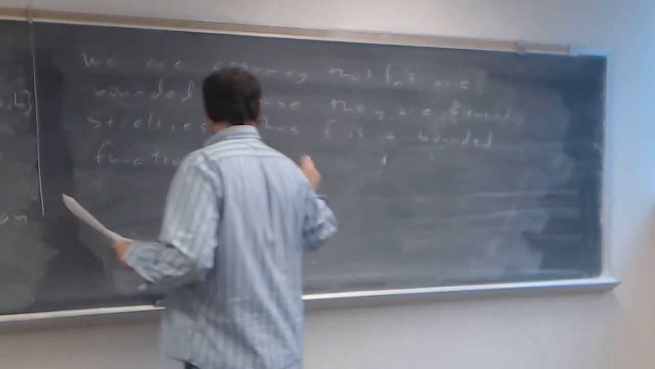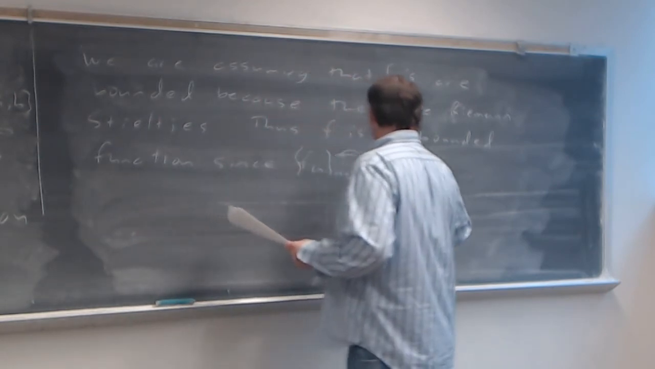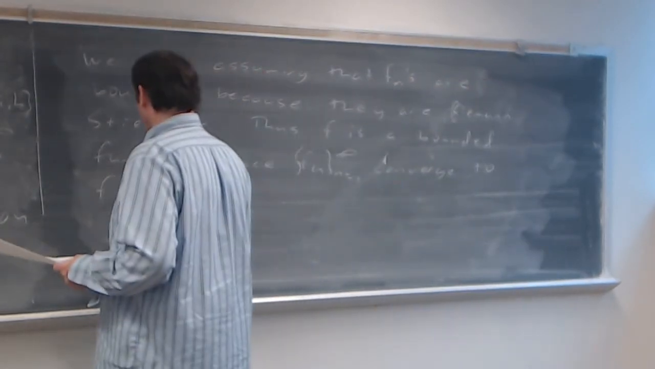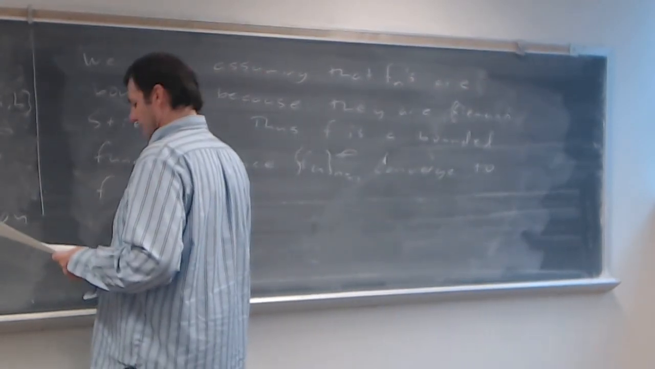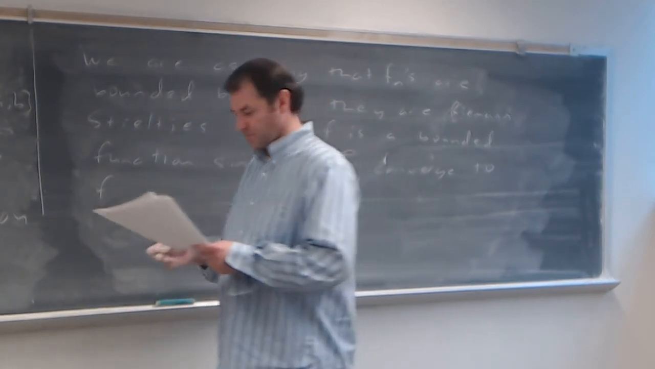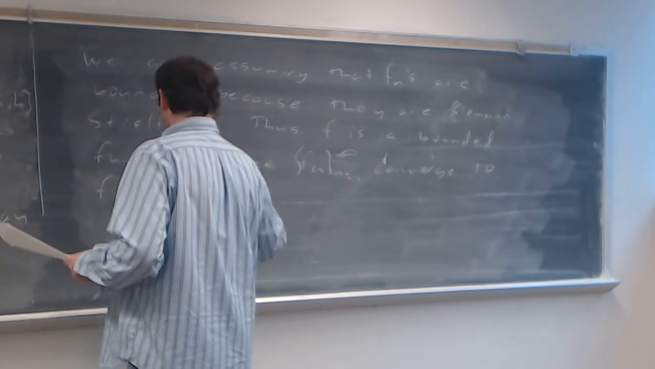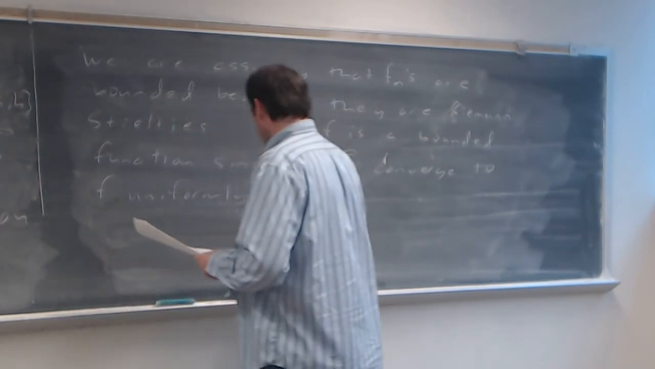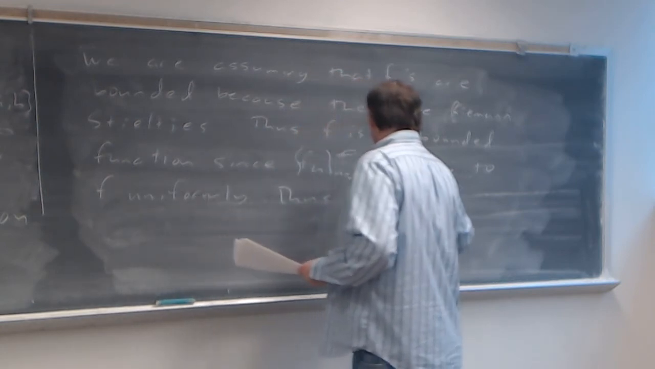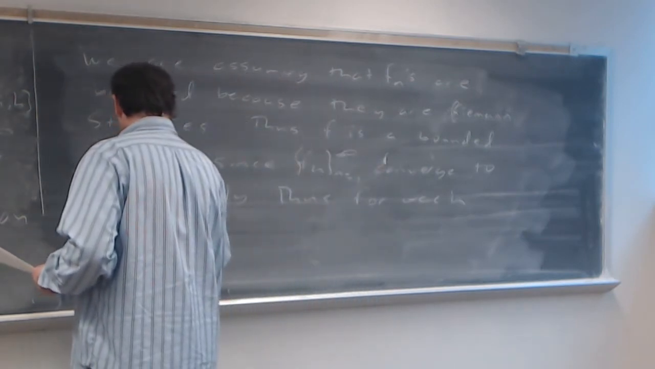Since these f sub n's converge to f, and that's by similar work that we showed in the previous proof, this convergence is uniform. Okay. Thus, for each natural number n,